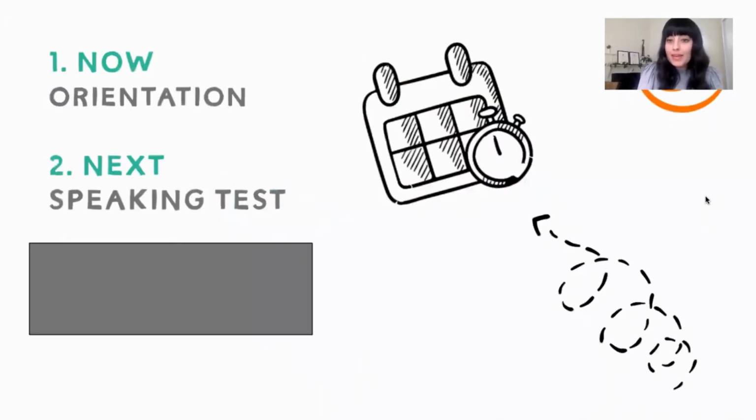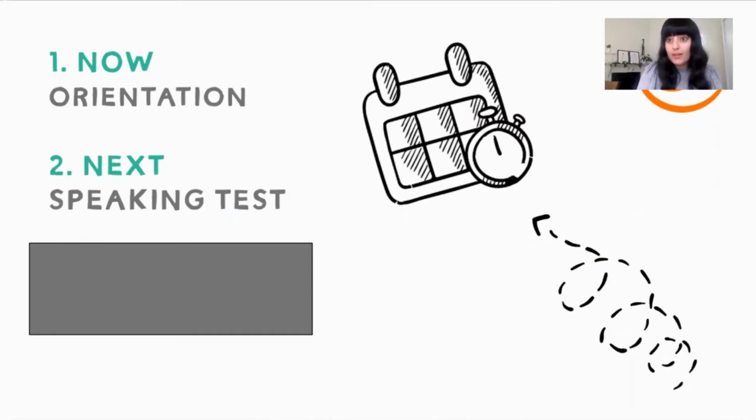So we will be taking you through some of the information about our online classes during orientation. And then after you watch this video, it's important that you book a speaking test with one of our English coordinators so that they can assess your level of English. After you do that, you will be sent an email with all the details to begin your enrollment and start